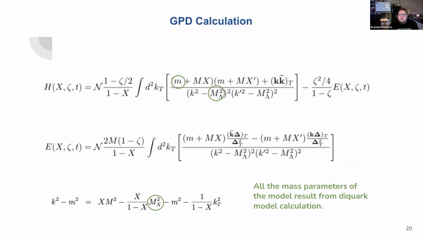And this is what our calculation looks like. It's not too crazy, but we have, for instance, all these mass parameters that come in. So we have the quark mass, this threshold mass that's introduced through this vertex function, and also a spectator mass that we introduce as well by putting the spectator on shell. And so these all are introduced in order to parameterize and fit our model and increase the flexibility.